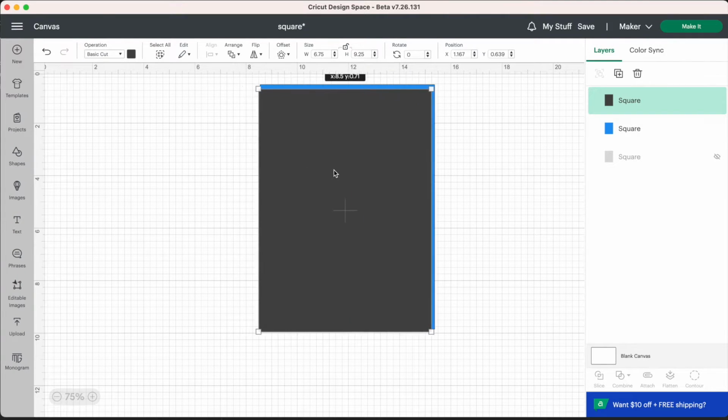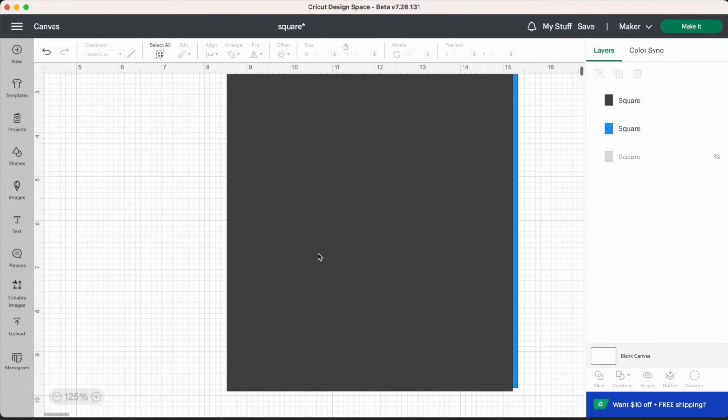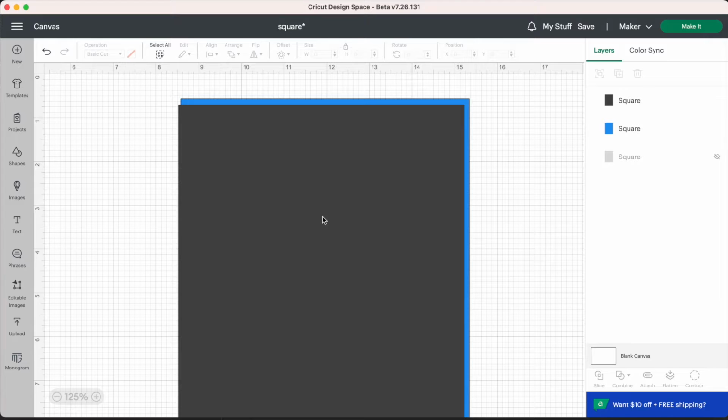6.58 inches by 10 inches, or 16.73 centimeters by 25.41 centimeters. Now, before you go ahead and start testing out these new sizes for print then cut, go ahead and calibrate your Cricut machine. If you don't know how to do that, I do have a video on that I will leave linked down